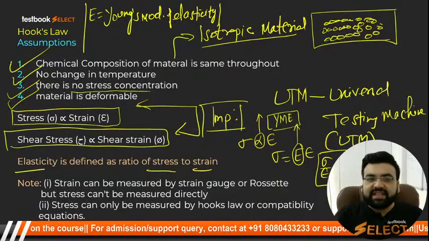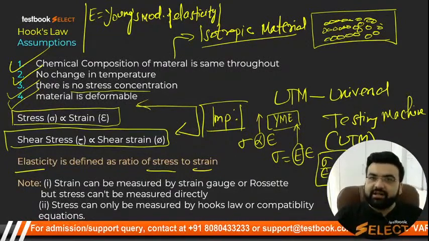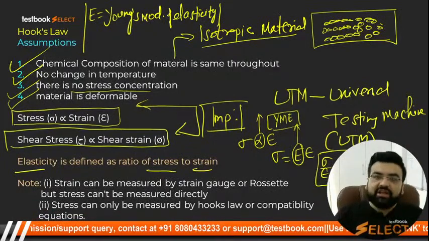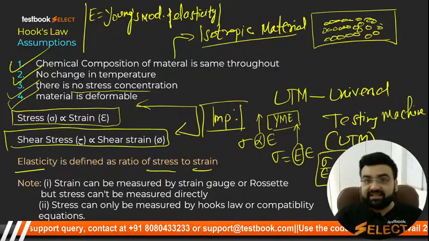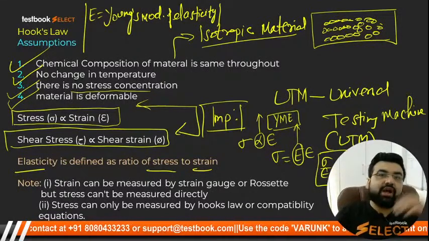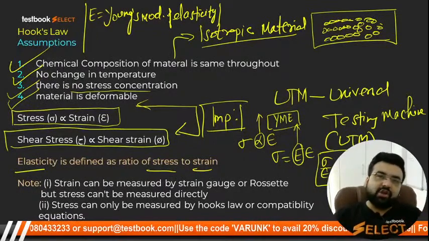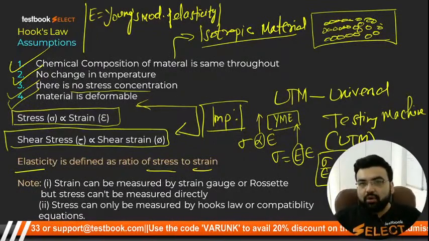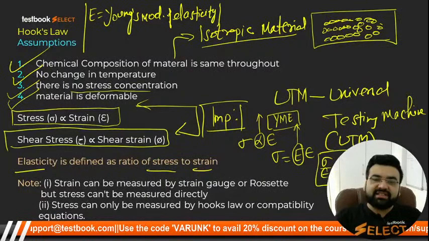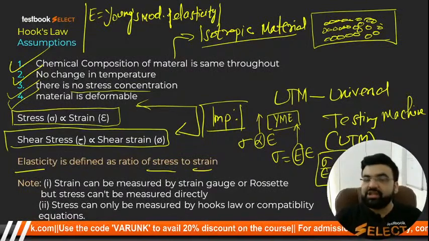क्लियर. तो एग्जाम में क्वेश्चन आया हुआ है. 4 options were given: copper, iron, rubber, steel. Which one of the following is the most elastic? The correct answer was steel, because the Young's modulus of steel is much higher as compared to the Young's modulus of rubber. और जिसका Young modulus जितना ज्यादा होगा, वो उतना ज्यादा इलास्टिक होगा. Clear students? I hope that you have got it.